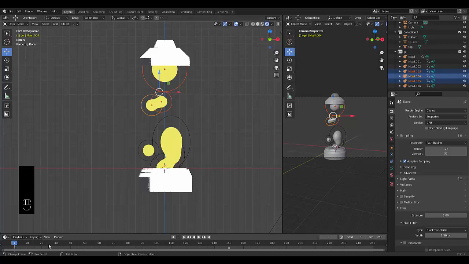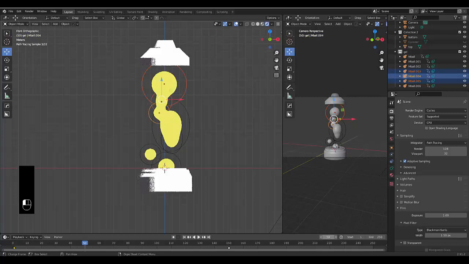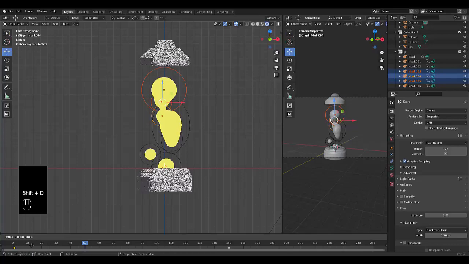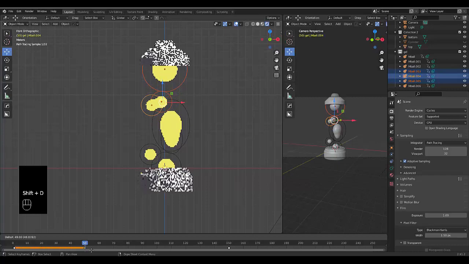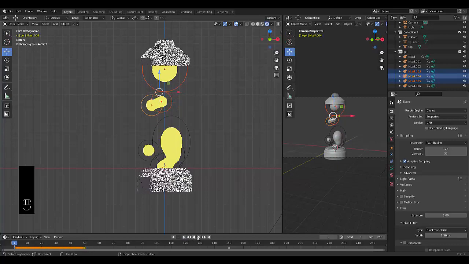And if we go to frame 50, so we want it somewhere there. So it just moves a little bit at a different speed. Shift D. So now when we go back and play,